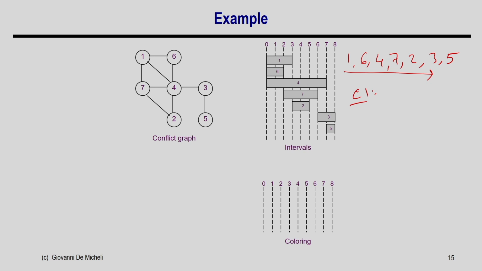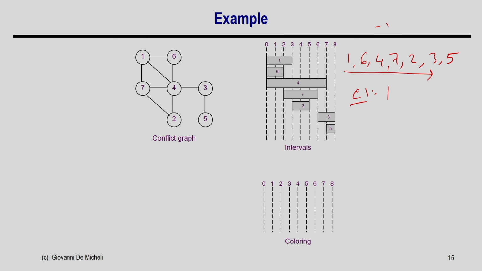Initially you can assume that none of the intervals is selected. So, I am going to select the first interval from this list whose left edge is not overlapping with the previously selected one. In the first iteration, I can assume that the previously selected right edge is -1. So, I can select 1, because previously selected was none. I am going to select this one because it is not overlapping with the previously selected interval.